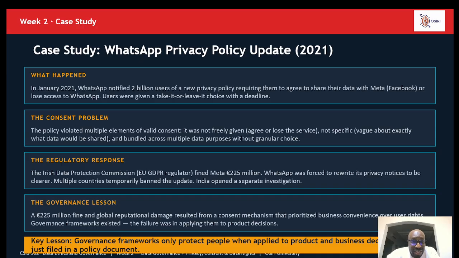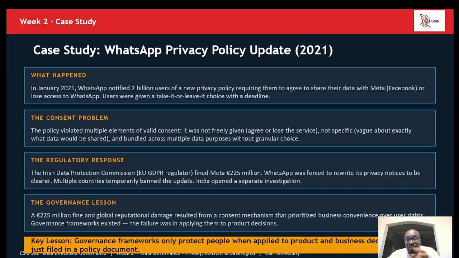The regulatory response: the Irish Data Protection Commission fined Meta 225 million euros. WhatsApp was forced to rewrite its privacy notices to be clearer. A lot of countries banned the updates. India as a country opened a separate investigation. The third world countries who had no privacy rules simply ignored it. The governance lesson: a 225 million euro fine and global reputational damage resulted from a consent mechanism that prioritized business convenience